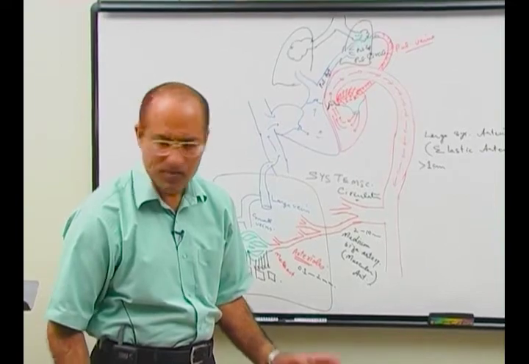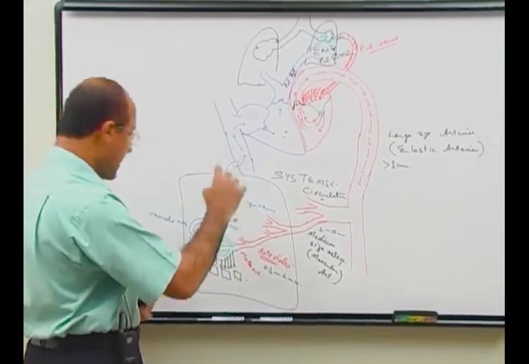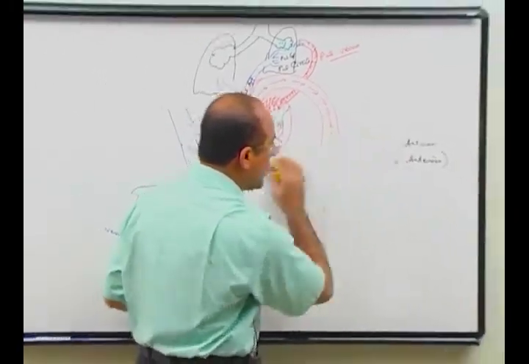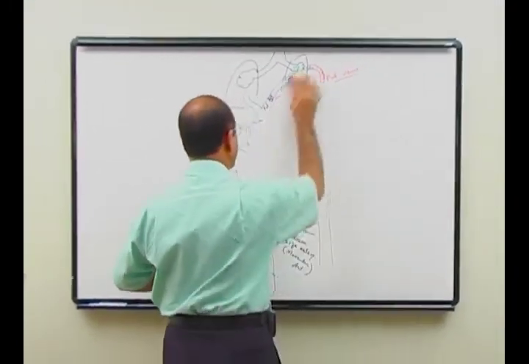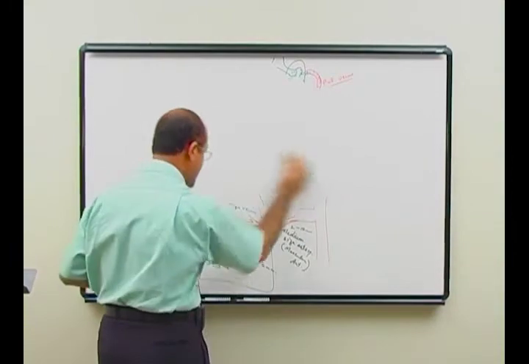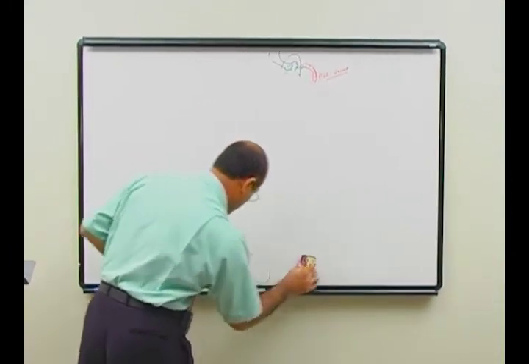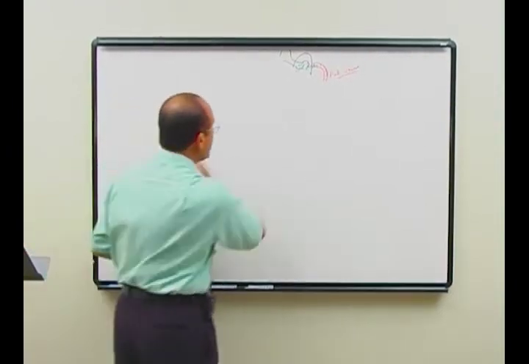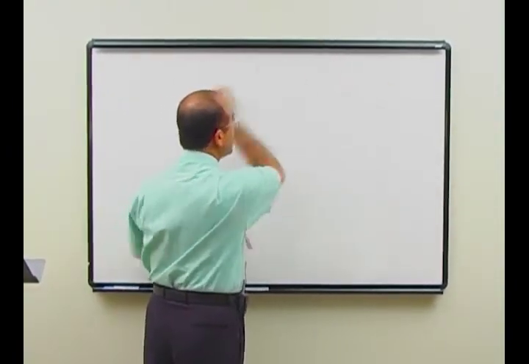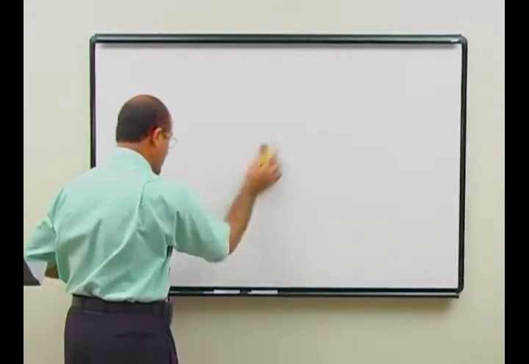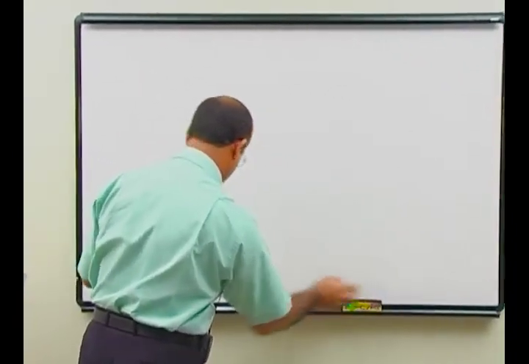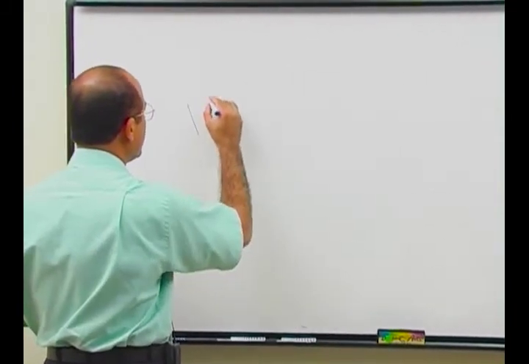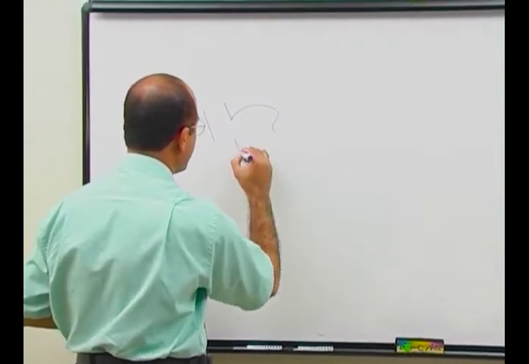Am I clear? Right? Now, again, I will make the whole diagram in a simple way, and now you have to recognize these structures. It's a very, very simple lecture, right? Now, even though the right and left heart are together, I will draw them separately for convenience. Now here I am going to draw the right heart,